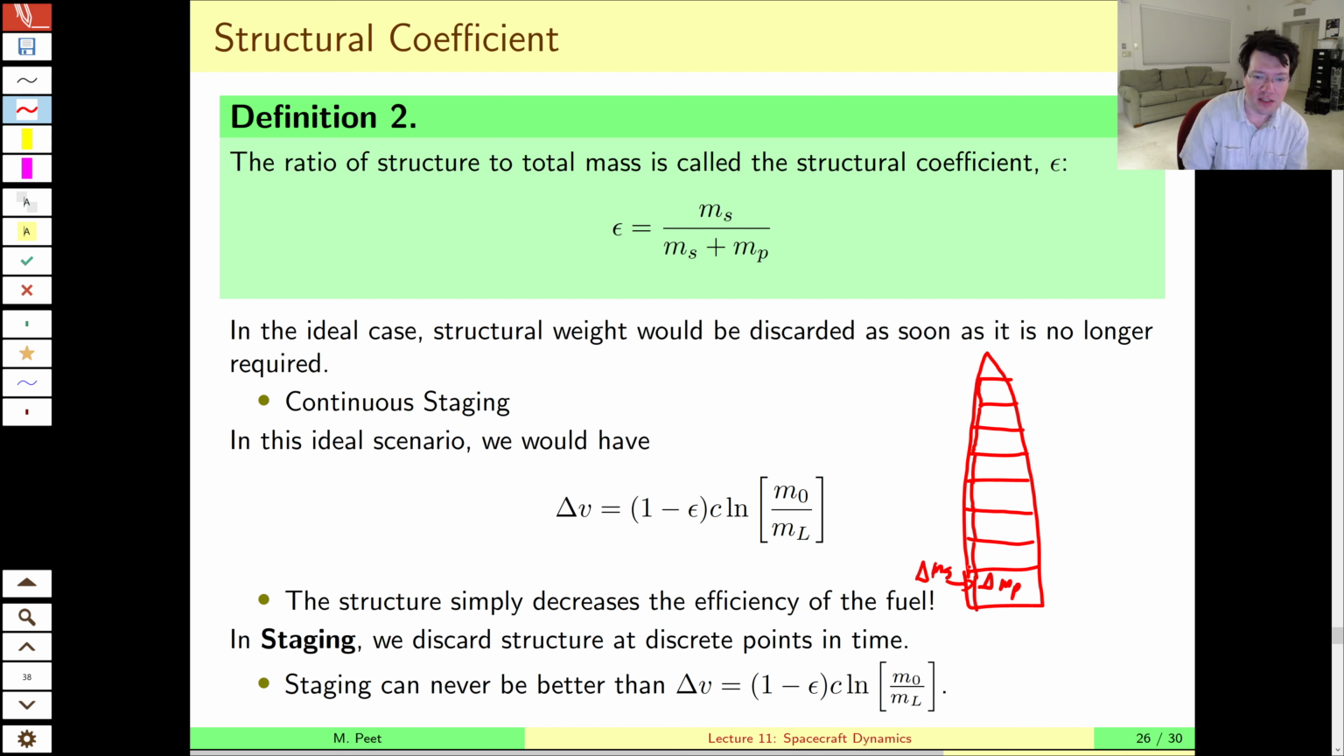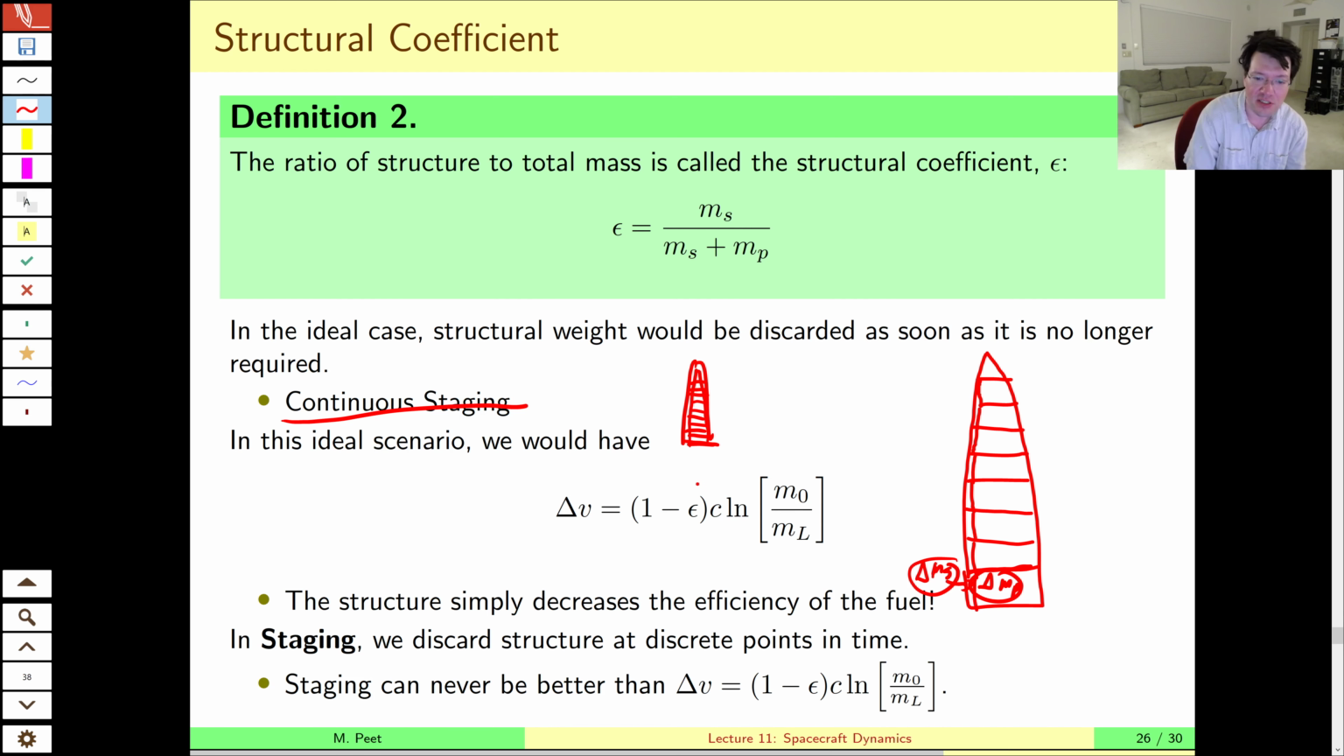So in the ideal case, for every bit of propellant we use up, if we burnt out the accompanying structural mass, we would have the case of ideal continuous staging. This is the ideal case. Like a popsicle rocket, where there's just a thin film on the outside, and it's burnt up as the propellant is burnt up as well. In that case, the delta V from the rocket equation doesn't change